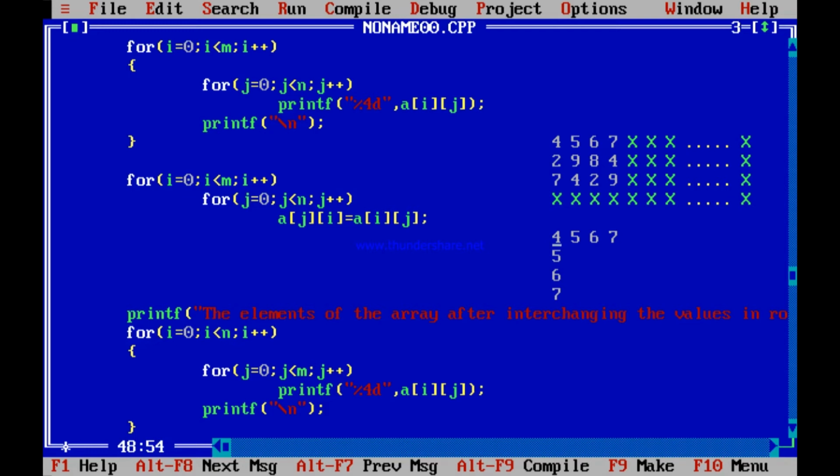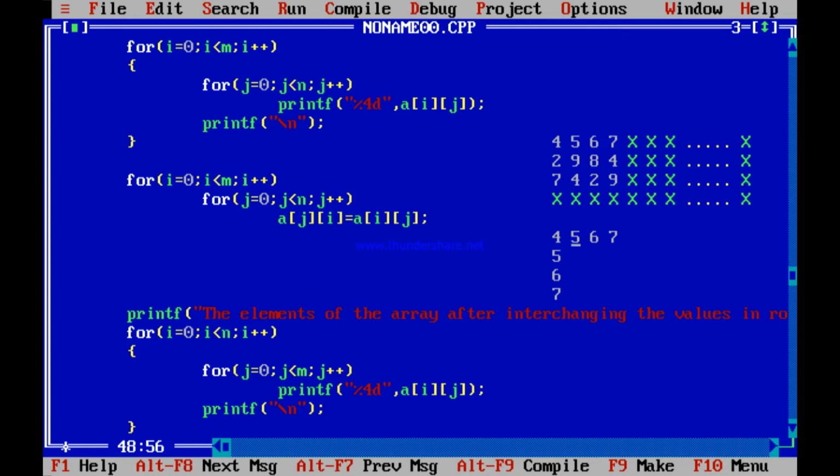See, next time what happens? Your row is completed now. Now i will become 1 because j has iterated from 0 to less than n. j has iterated from 0 to 3. So it's done now. i becomes 1. Now j is 0, you enter. What have you done? You have copied A10 to A01. What is A10? This 5. You have copied it. Hardly matters. This was already 5. You have copied this 5 over here.